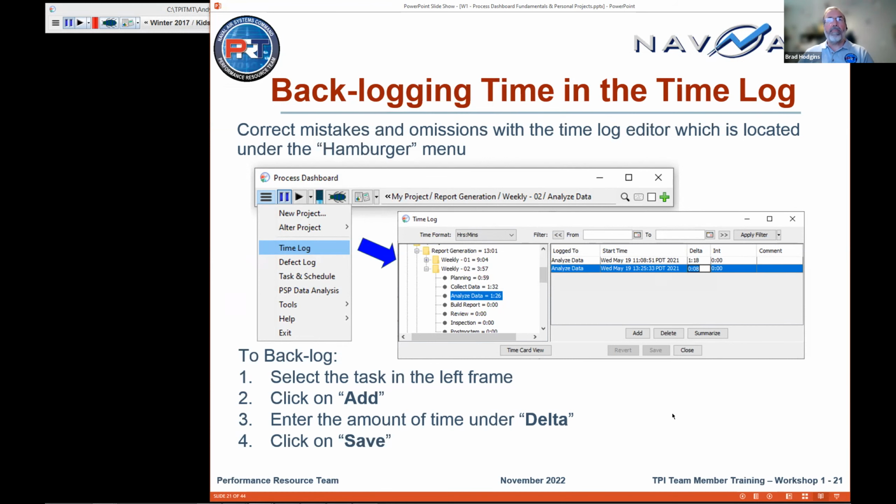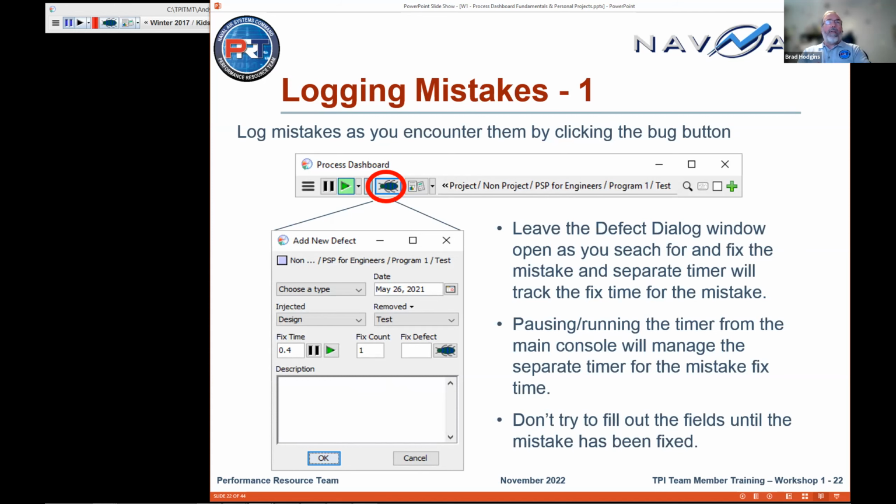All right, so now logging mistakes. When you find a mistake and you have to spend time fixing it, that's what we want to capture, another one of the 4 measures. So when you are working on something, in this case we're testing program 1 in a PSP for engineers class, and we find that something isn't working right and it's not giving us the right answer, we hit the bug button. And yes, it's a bug button because the tool was originally made for software developers doing personal software process. But I call it a mistake because